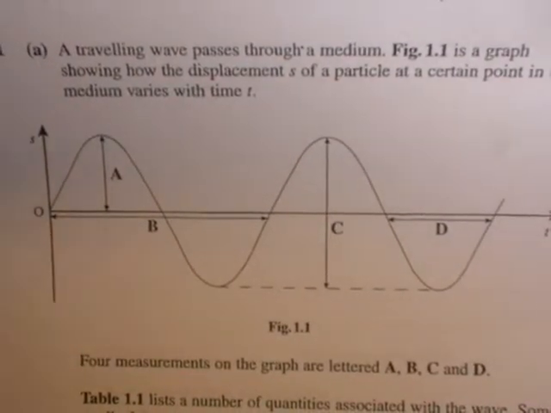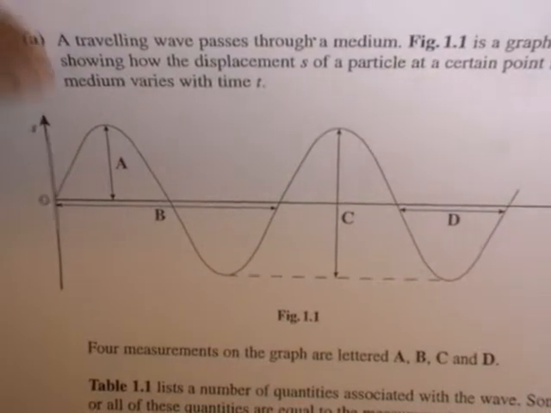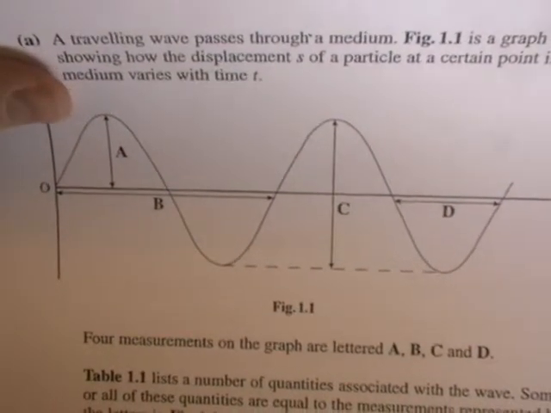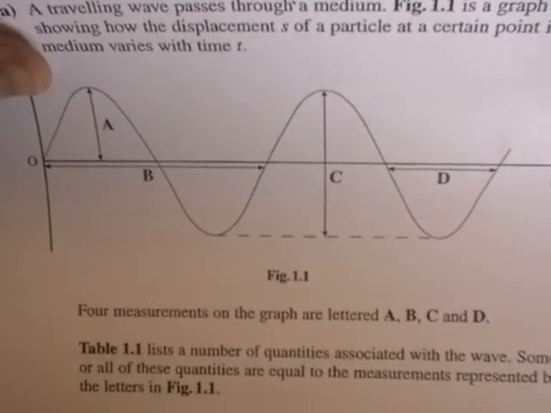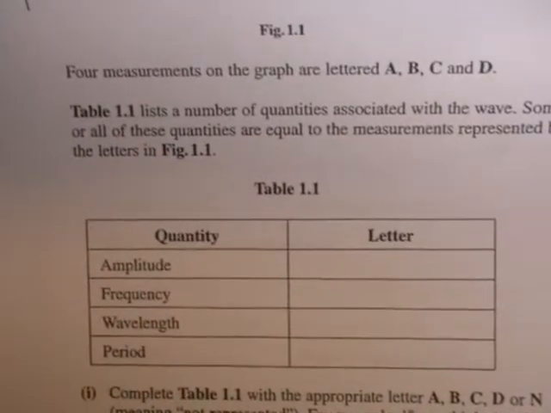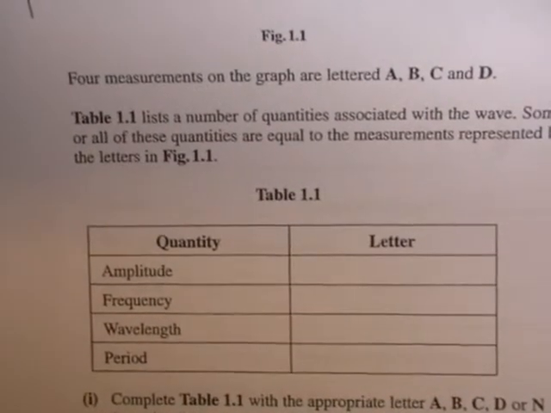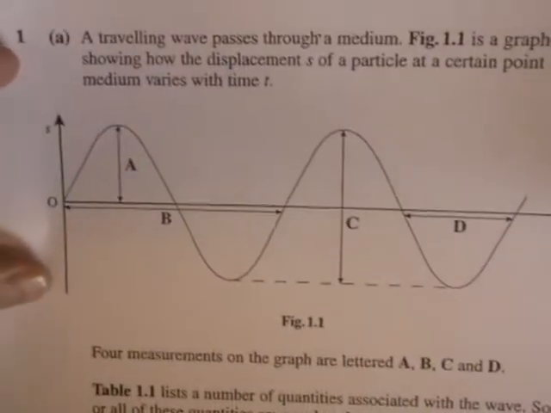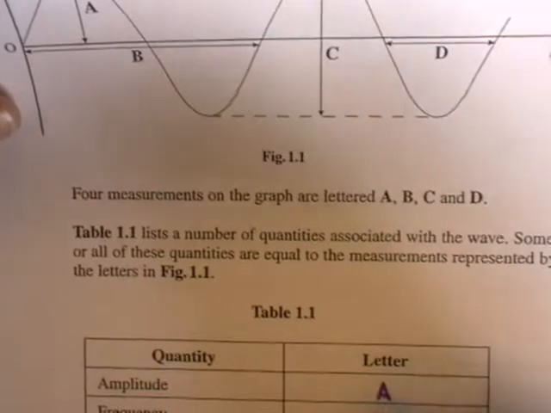Figure 1.1 lists a number of quantities associated with the wave. Some of these quantities are equal to measurements represented by the letters in Figure 1.1. So the first one there is amplitude, and they're asking which letter on the graph could give you amplitude. And so of course amplitude there must be this one, which is A. Then it says